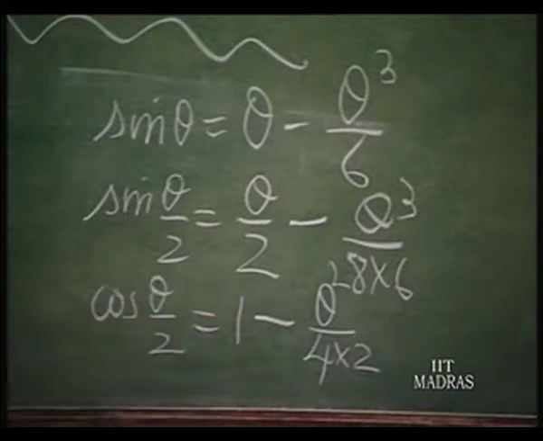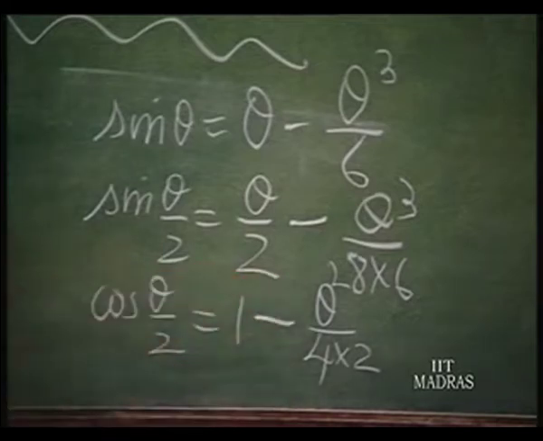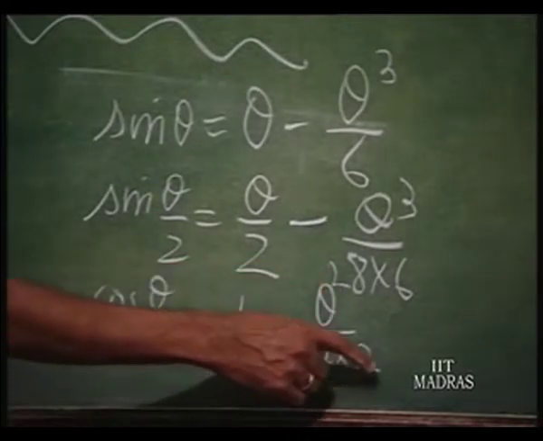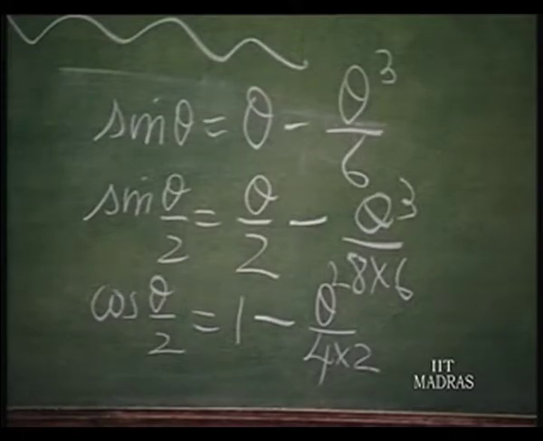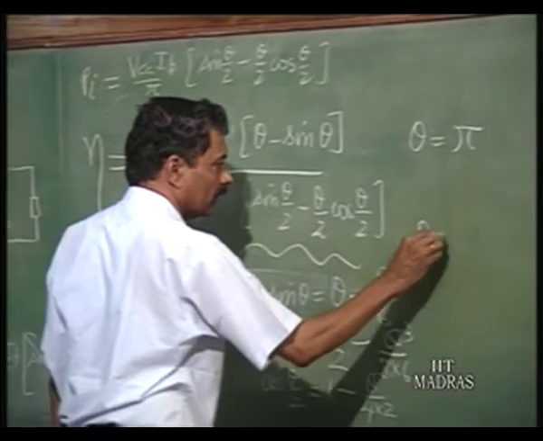1 minus, right. Okay. The theta has to be always such that it is 1 minus, okay. It should be less than 1. Okay. So, theta squared by 4 divided by 2. So, now we can substitute these things. So, for theta small,